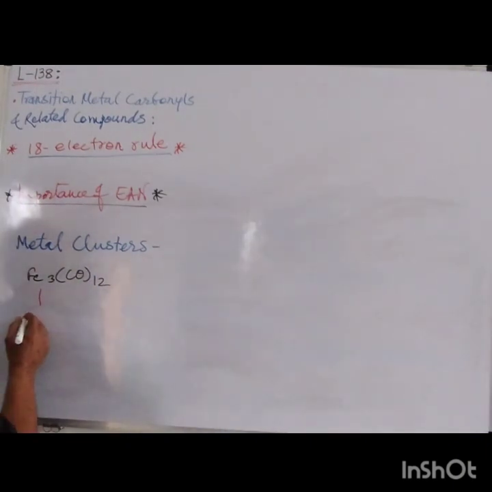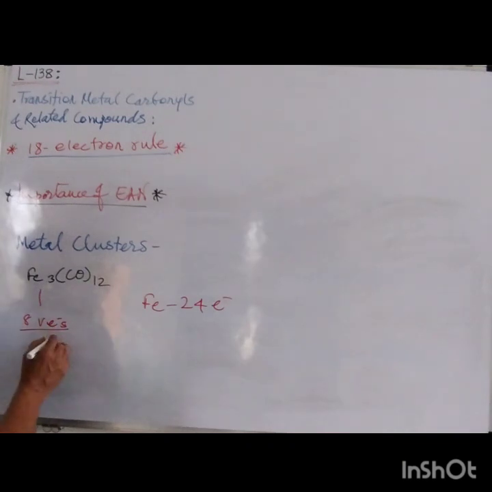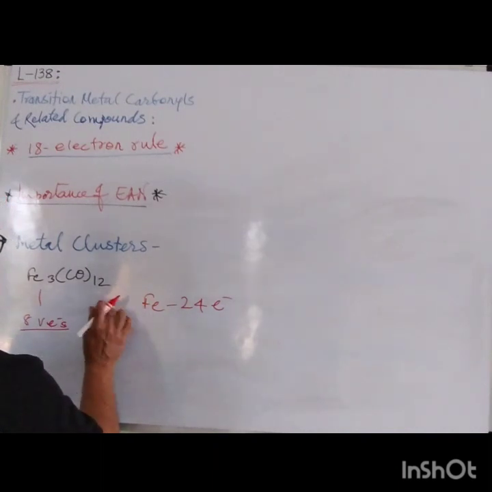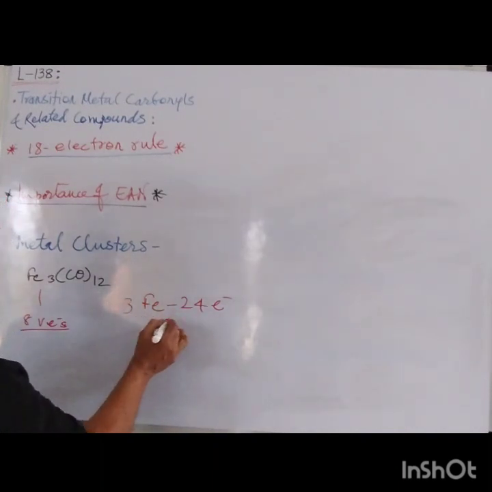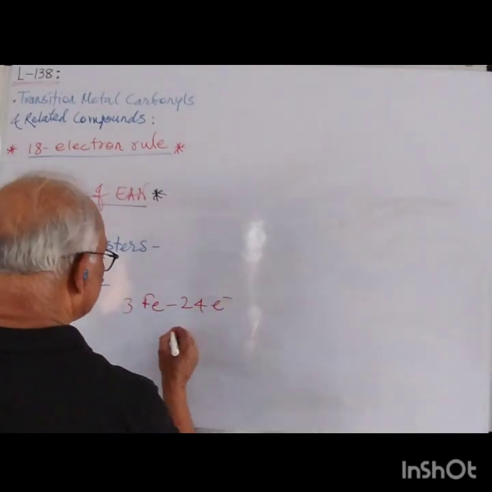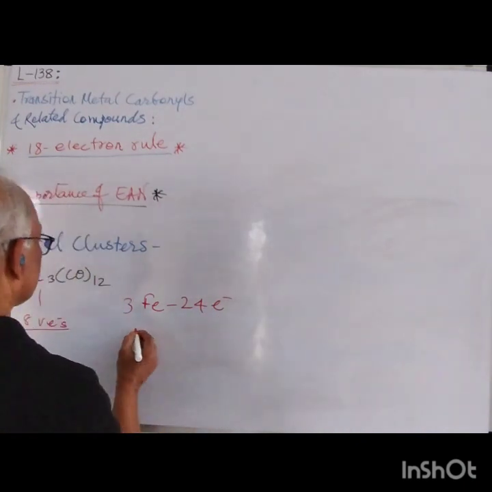So it has 8 valence electrons. So there are 3, so it gives 24. Means 3 Fes will contribute 24 electrons because each Fe has 8 valence electrons, and therefore it will also show